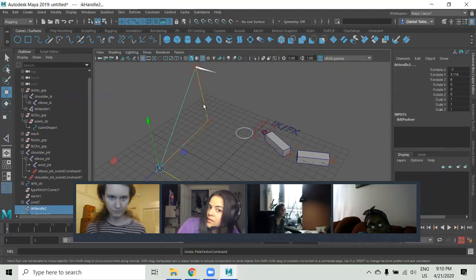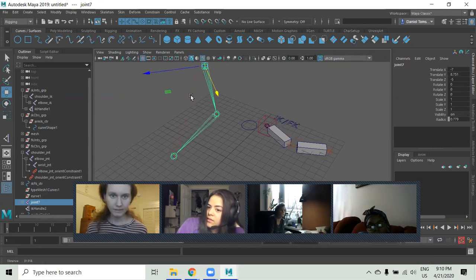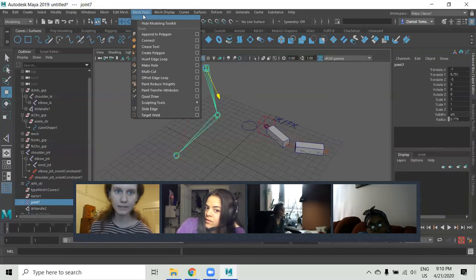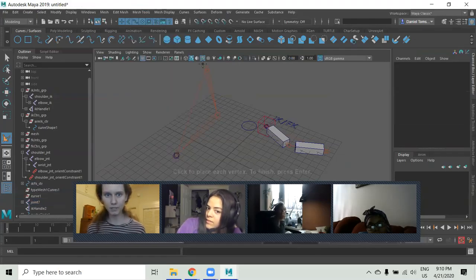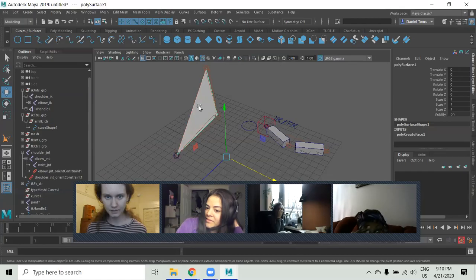Okay, there we go. See, okay, so now they're zeroed out. So in order to find it, we can use a trick by creating a mesh. There is the create polygon tool in the mesh tools, so we can snap it to the joints and thus create a